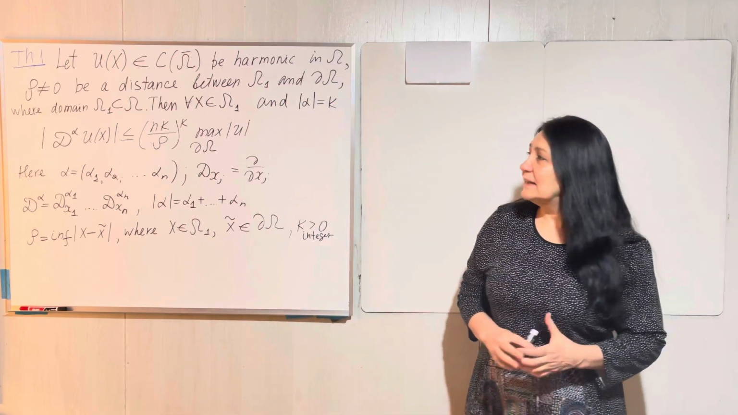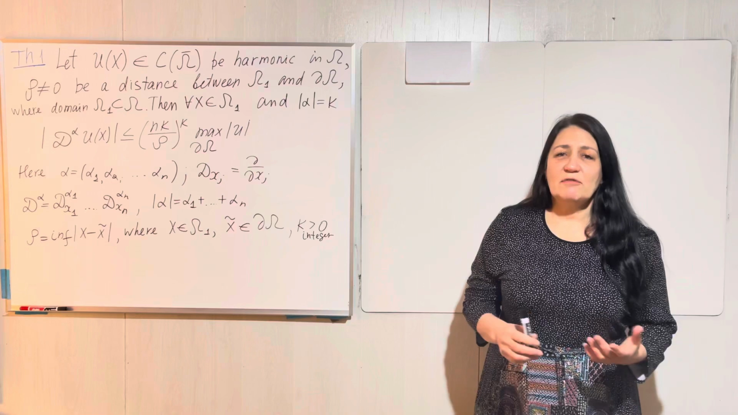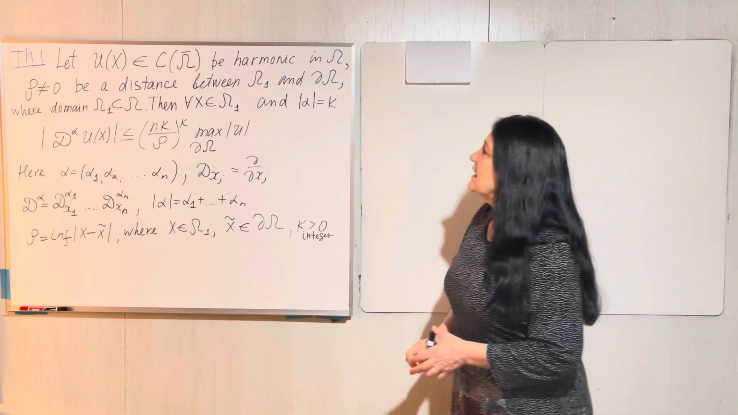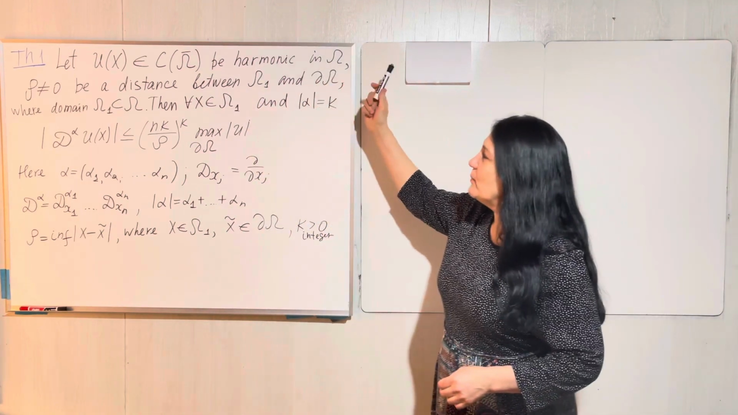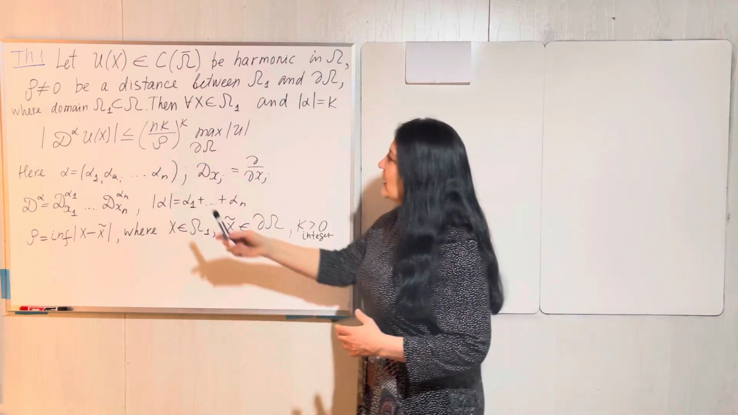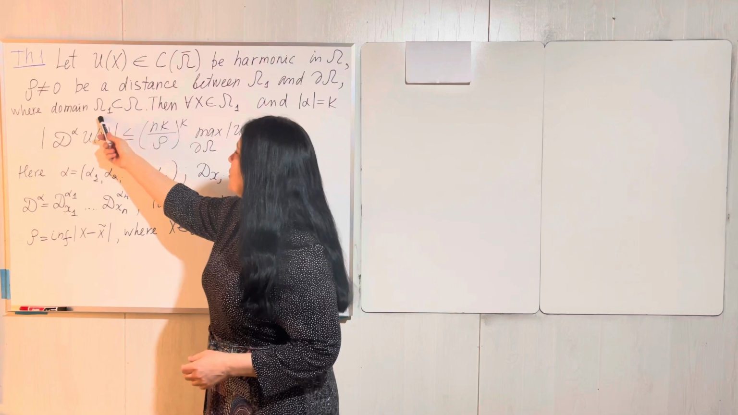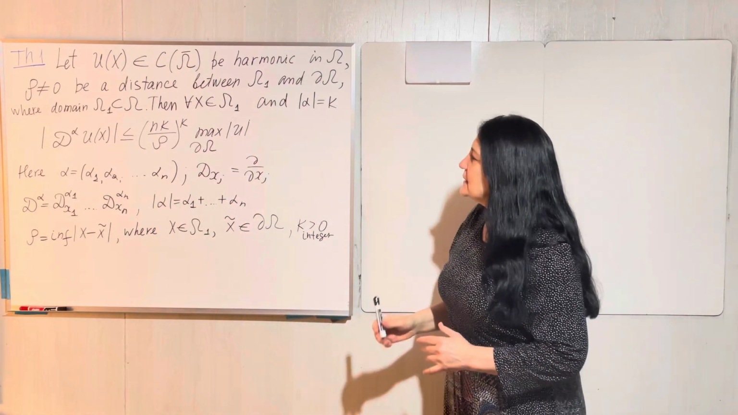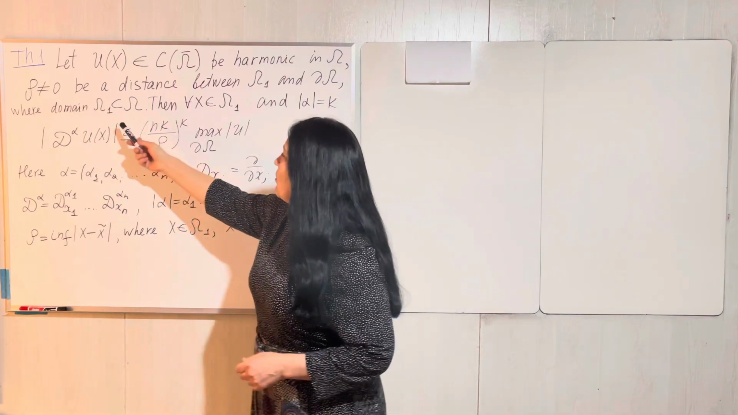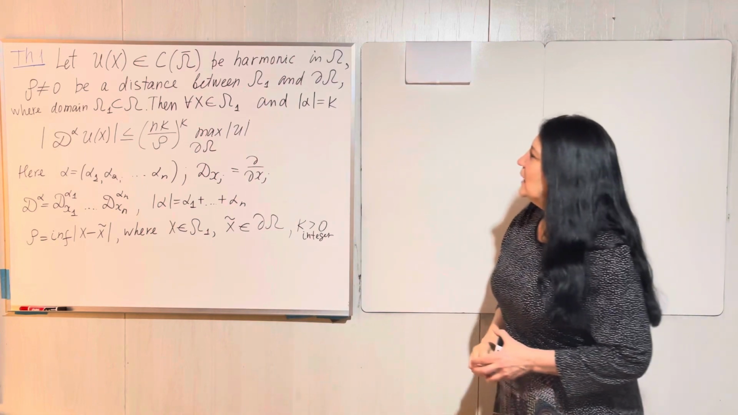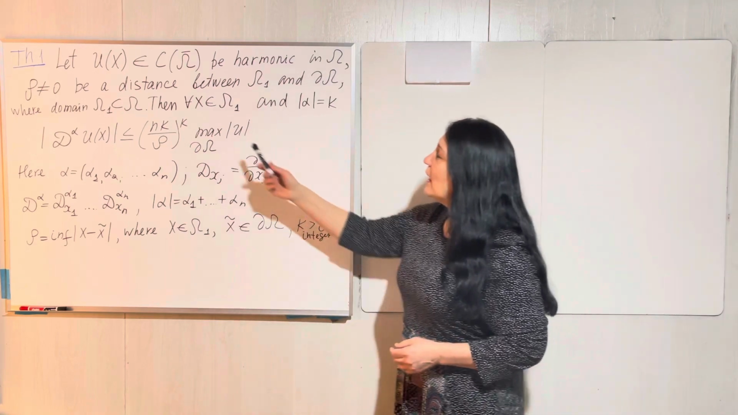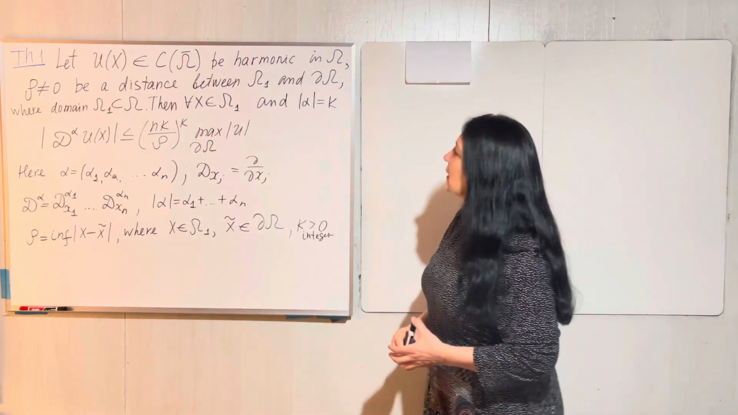Talking about analyticity of harmonic functions. In the first part of this lecture, we have proven theorem 1, stating that if U is harmonic in domain omega and continuous in the closure of omega, and if we consider a subdomain, so domain omega 1 inside omega, such that distance from omega 1 to the boundary of omega is non-zero, then for any point x in omega 1, we